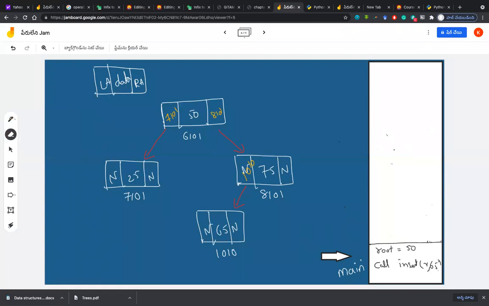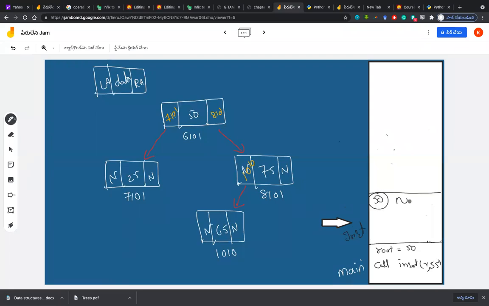So what I will do now, I will rub this 65 and this time I want to insert 55. Now we will look into more conditions. So when I called insert, the insert function should be pushed over. Insert. What is the root that you are receiving here? 50, sir. 50.